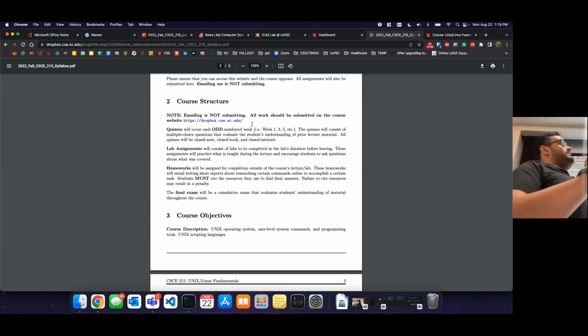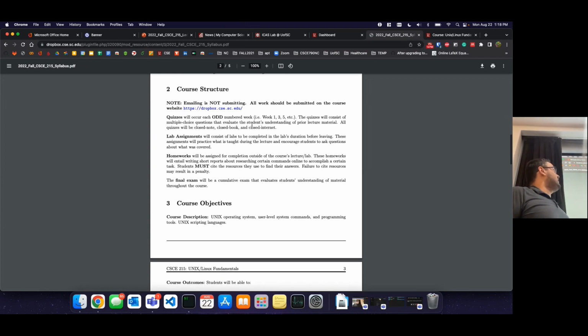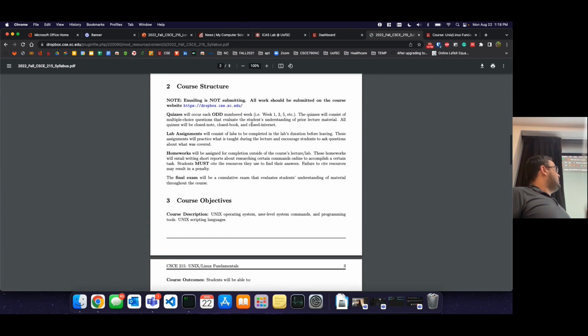Another thing is, typically if you're a transfer student, they sometimes have issues getting you an account. So if you're a transfer student transferring in, please email me too, just so that we can make sure everything's set up for you. All right. I noticed at the start of every semester, I log into Dropbox until I change the email or the password. So again, there's some troubles. If you can't access something, please email me so we can get that fixed as soon as possible.